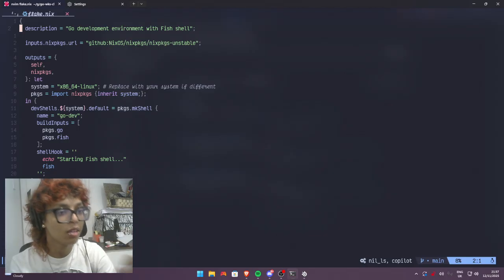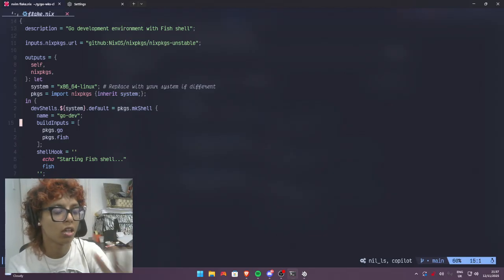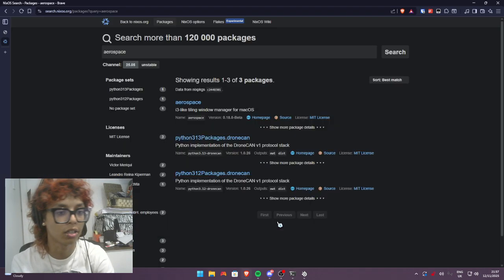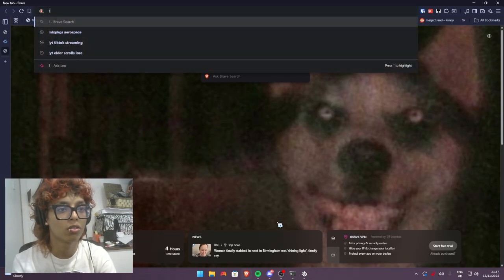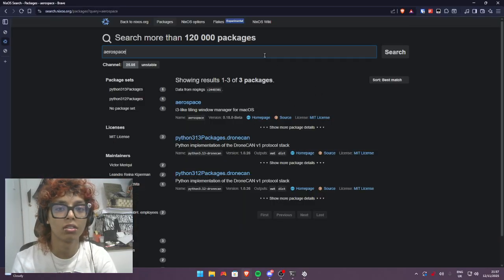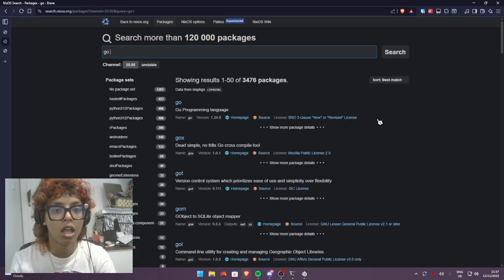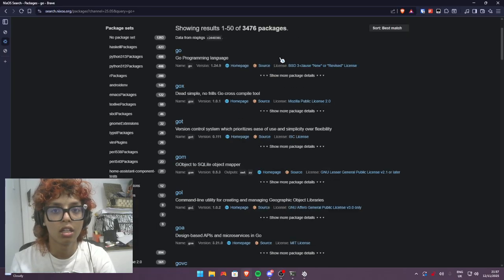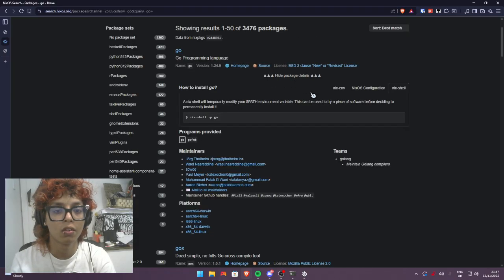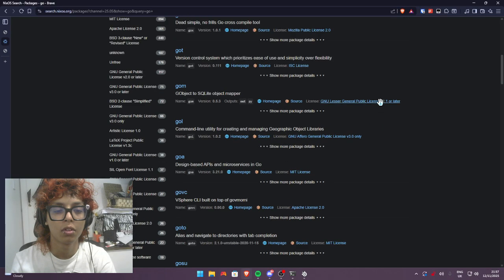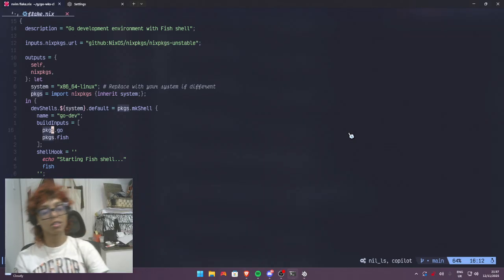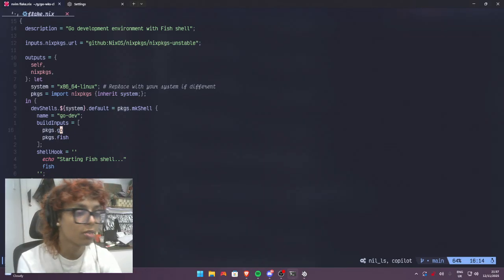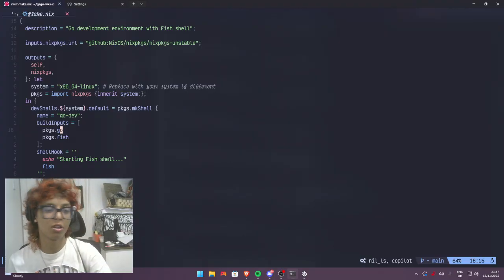You can pin them to a certain version. For example, with this Go package, I don't know where to find it, but you can pin this to a specific version, which ends up being really useful if you don't want your code